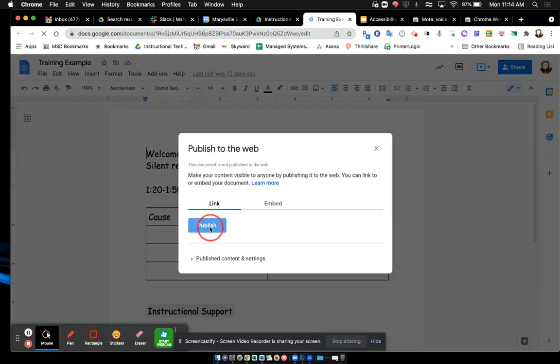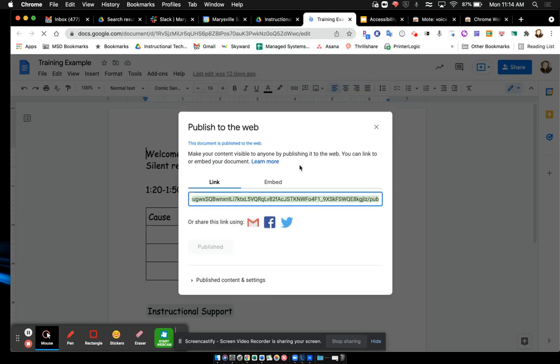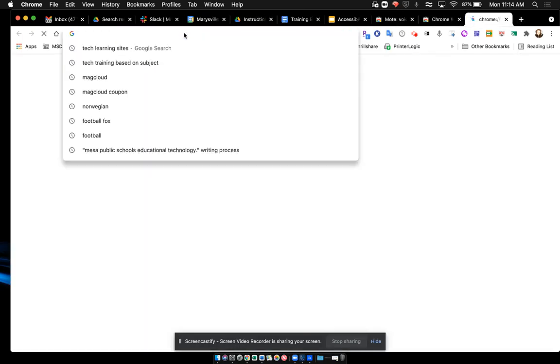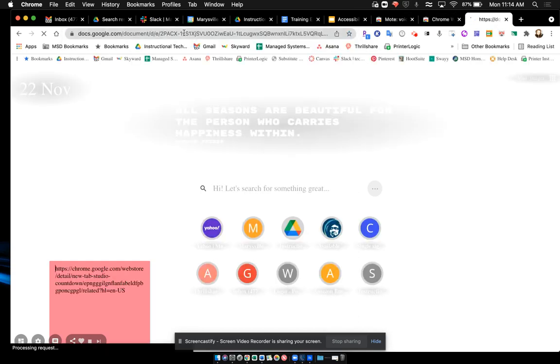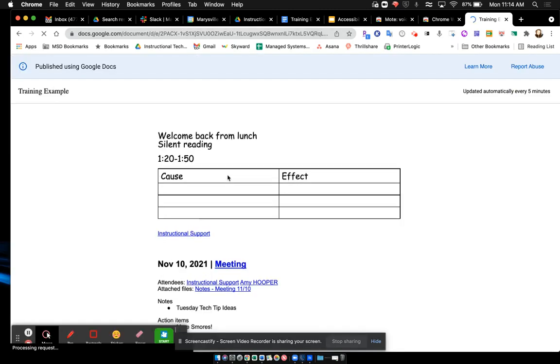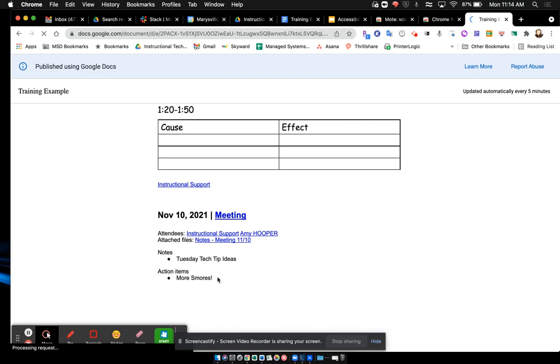I'm going to hit Publish. Yes, I do. Okay. And I'm going to grab my Publish link. I'm going to go to a new tab. I'm going to paste in the published link of that document. And then what I'm going to do is my